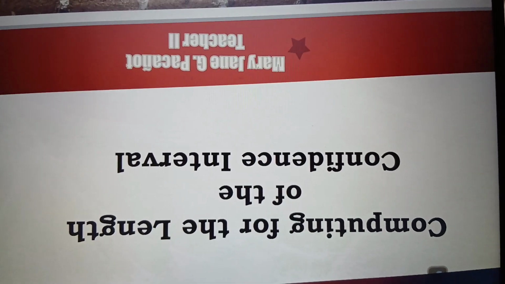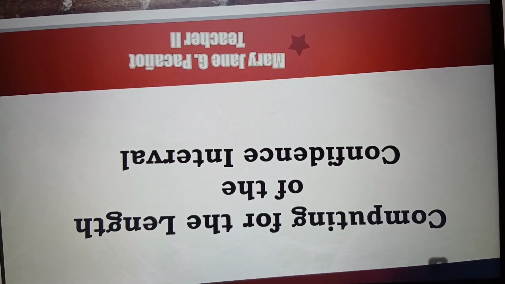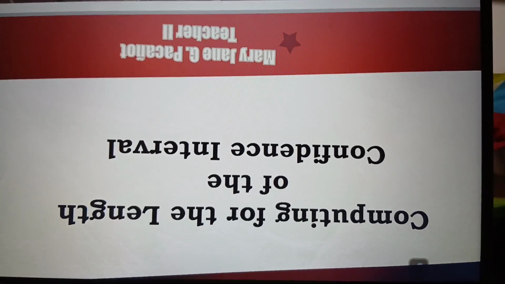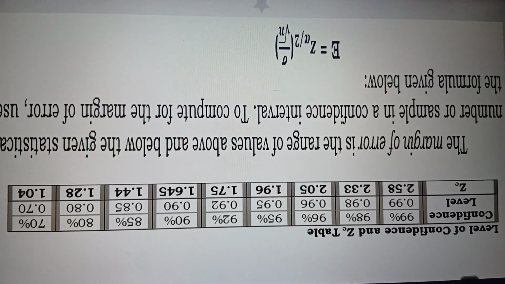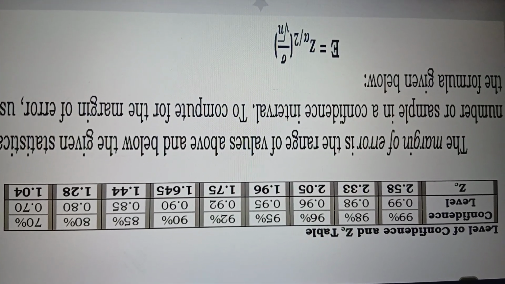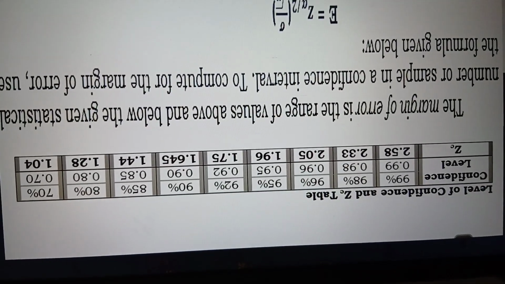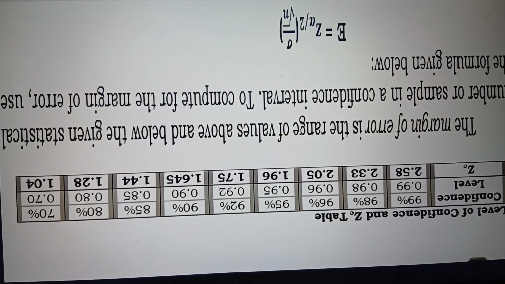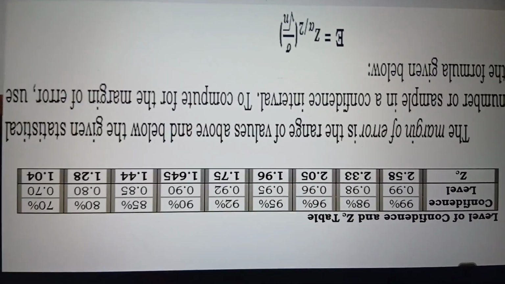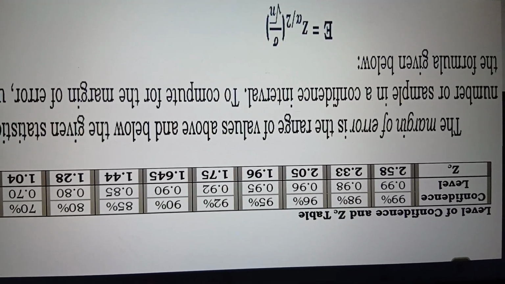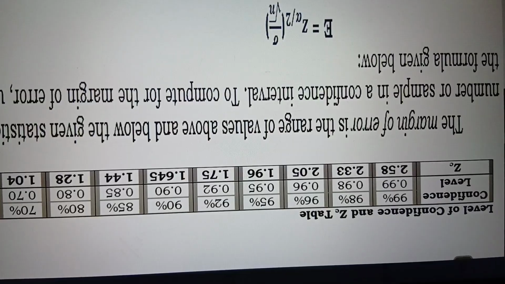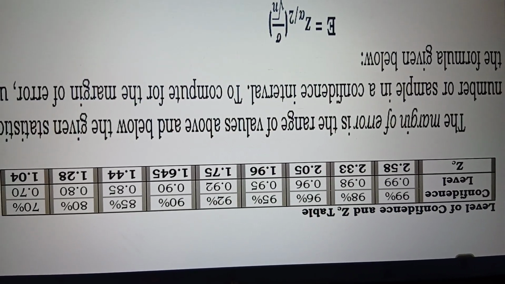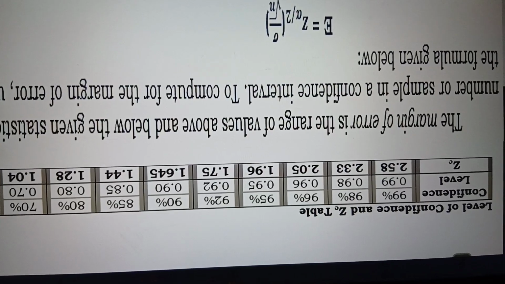Okay, so let's discuss how to compute the length of the confidence interval. So this is the level of confidence and the Z table or the coefficient table. Okay, so we have 99%, the coefficient is 2.58, 98% is 2.33,